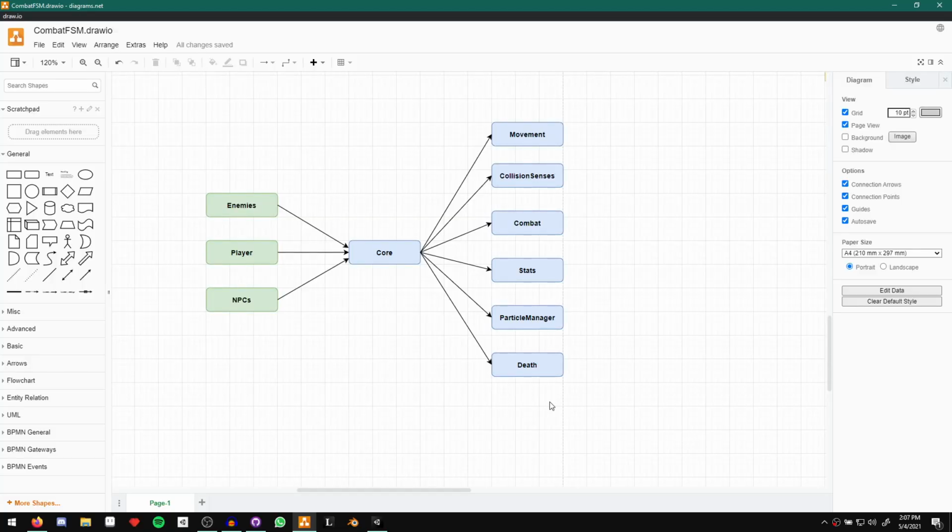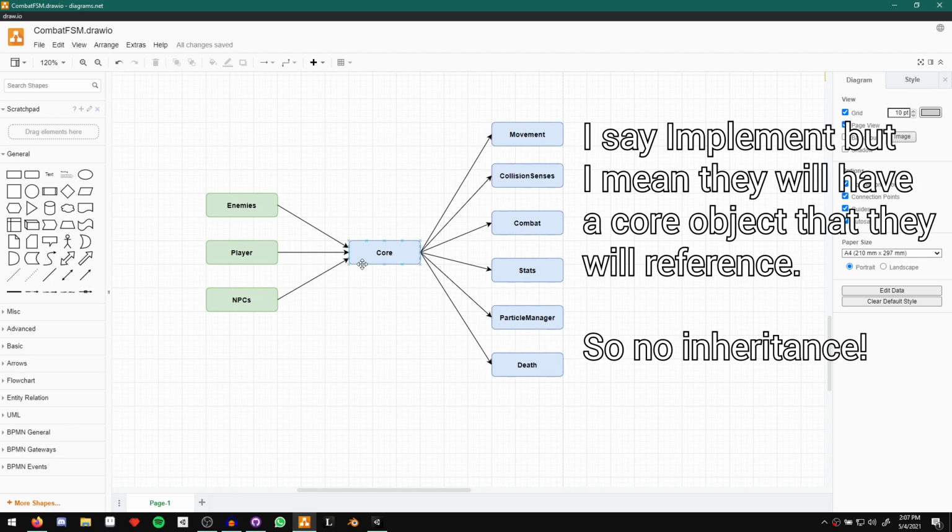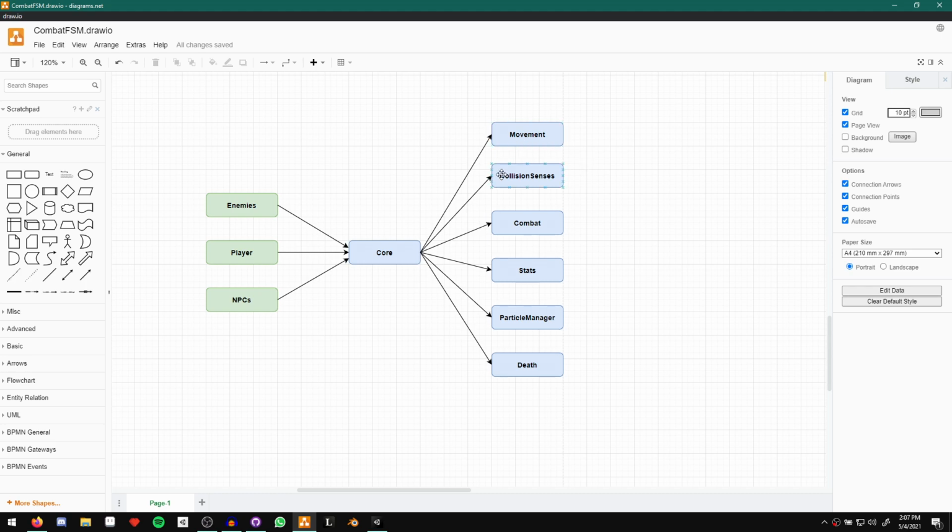So let's go ahead and get started and just discuss the core a little bit more. As you can see, it's very simple. Essentially what we have is this single script that we're just going to call core, and our enemies, player, NPCs, anything else that needs to have access to all of these things over here is going to implement the core. The core is going to sit on a child game object for these entities, and then each one of these scripts will be on children of the core. So that means now when a state wants to set velocity for our player, instead of having to call a function on the player, it itself will have a reference to the core. So when the player sets up its states, it'll give it a reference to the core. And then when it sets the velocity, it simply goes